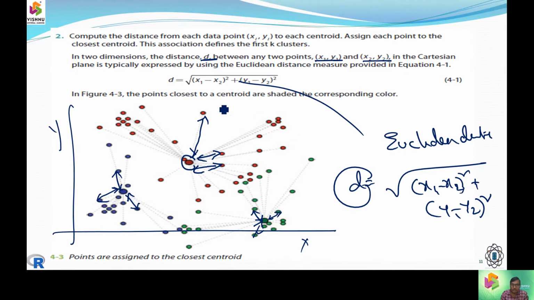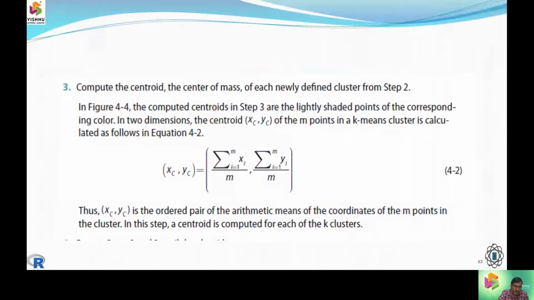So we will see that whichever object is going to be nearer or far, whichever points are nearer to the closest are shaded. So you can see the shaded elements which are going to be given. So these items, they are going to be the nearest elements to the centroid. So first part is completed. Second part we have done with the distance computation.